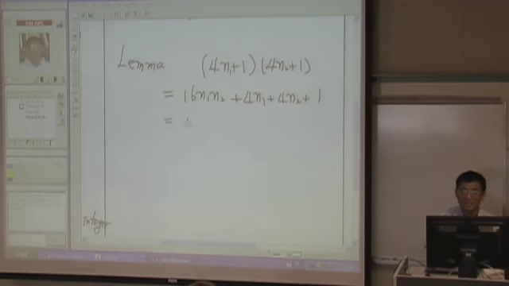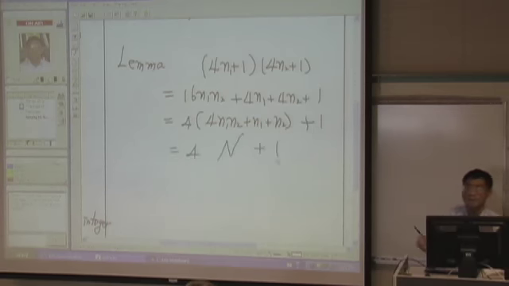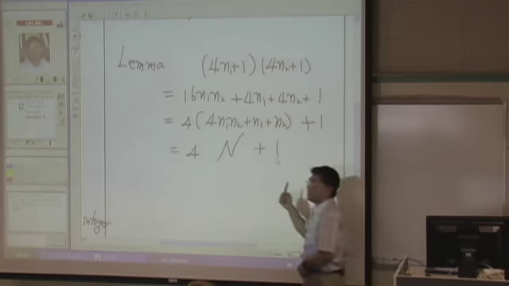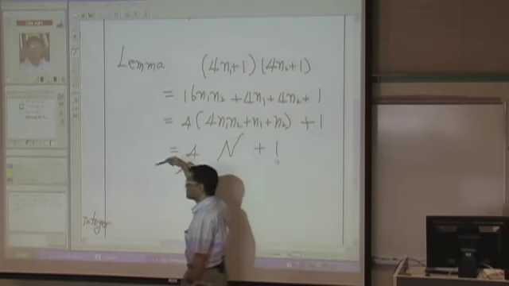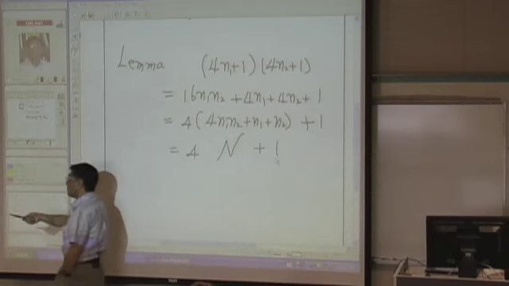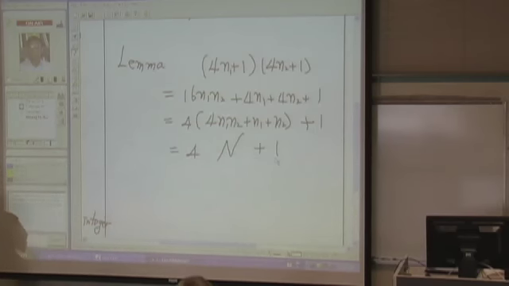Then you can extract the common factor 4: 4 times (4 n1 n2 plus n1 plus n2), plus 1. And then we can write this thing using capital N as 4N plus 1. So this lemma says, if we have 4n plus 1 pattern, the product of 4n plus 1 should give us 4n plus 1. It cannot give